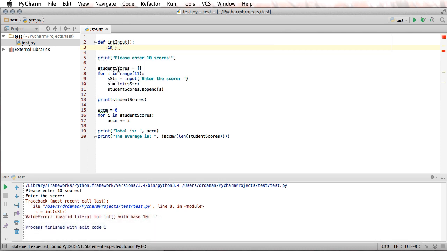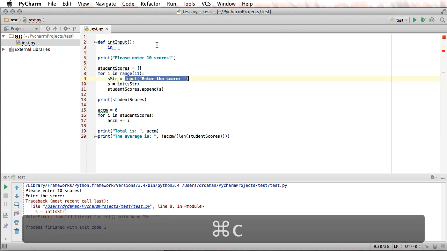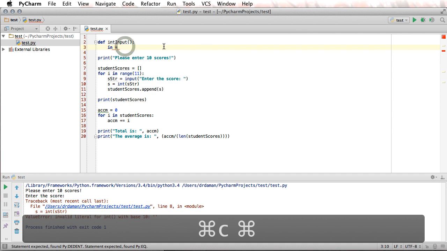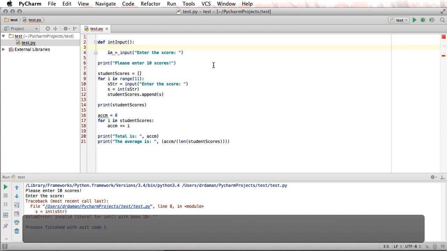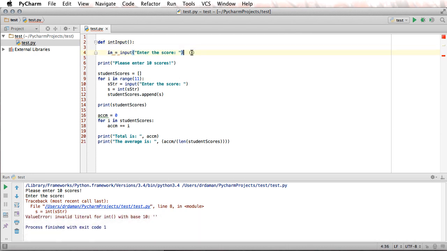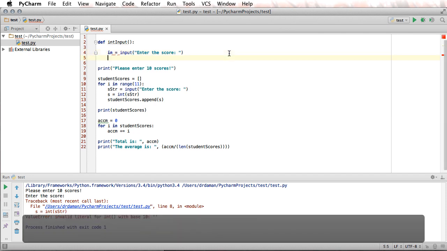I'm going to go in is equal to, and I'm going to grab a hold of my score right there, Control C. In is equal to input the score. Okay, and I'm going to leave myself a space because I know that I'm going to want to do something here real quick. All right, so in is equal to enter the score. Now what I'm going to do is say try,